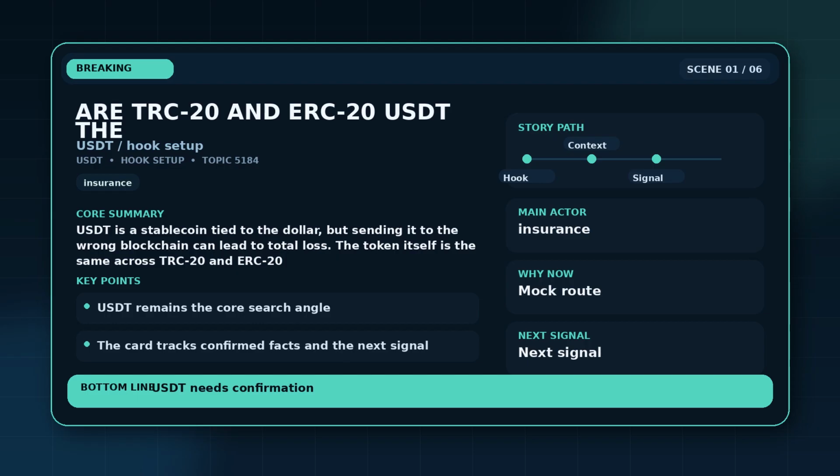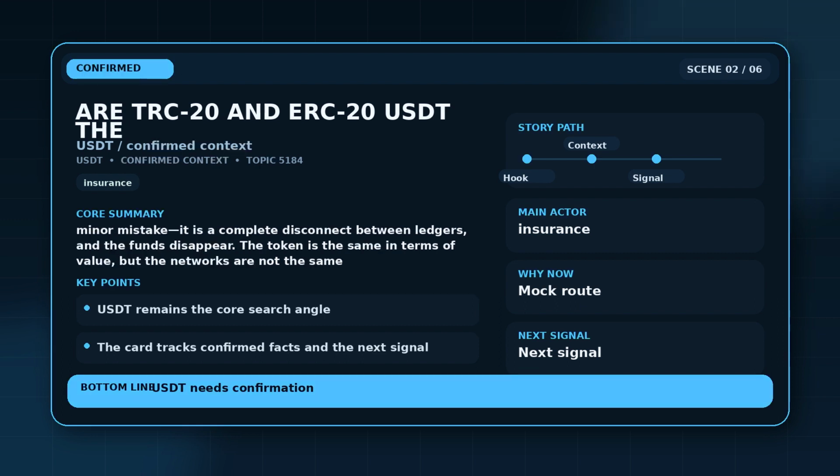Wallets like Iron Wallet attempt to clarify the distinction, but the sender must actively choose the correct network at every step. A mismatch between the token and the blockchain is not a minor mistake, it is a complete disconnect between ledgers and the funds disappear. The token is the same in terms of value, but the networks are not the same in terms of structure